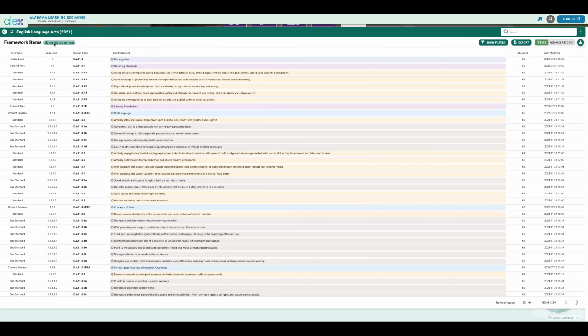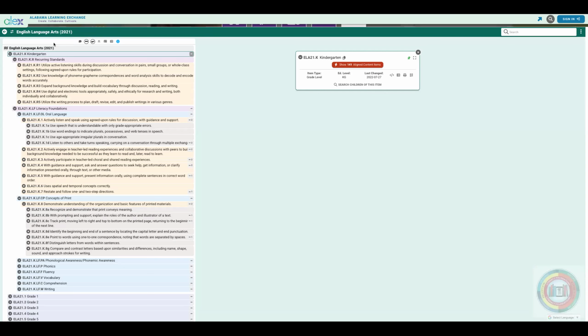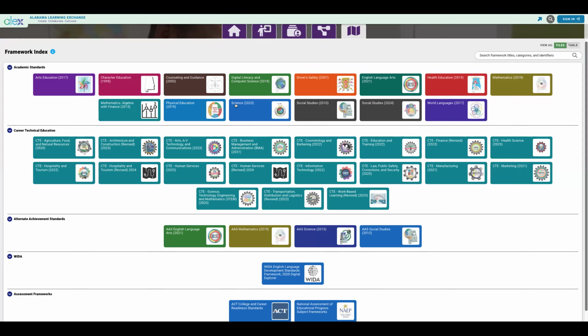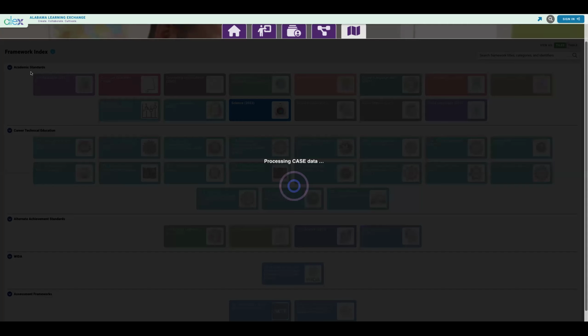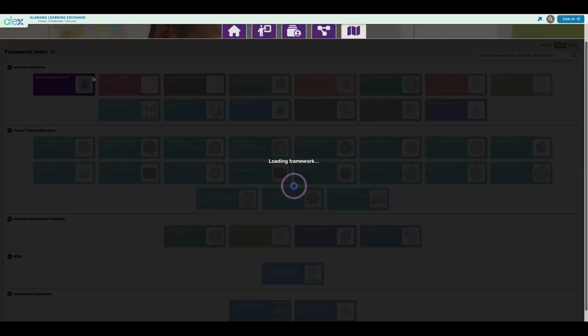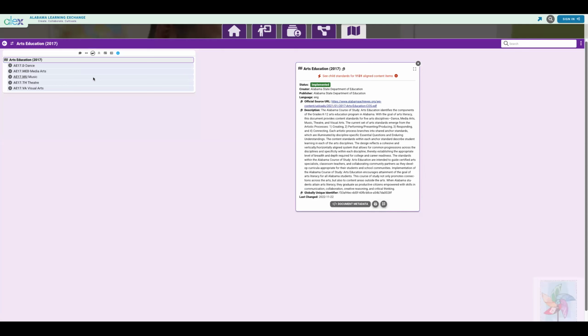We did have somebody I saw on the chat ask, how do I get to different subject areas? There's multiple ways you can do that. The first is just pressing the little back button, and it'll get you back to the standards main page. The other way that you can do that is by clicking, if you're looking at these little arrows pointing in opposite directions, I can click that, and then it comes up to switch frameworks, and I can select a different framework to change to. So either way, you can go back to the home page, select a new one, or you can just go directly to the one that you're looking for.